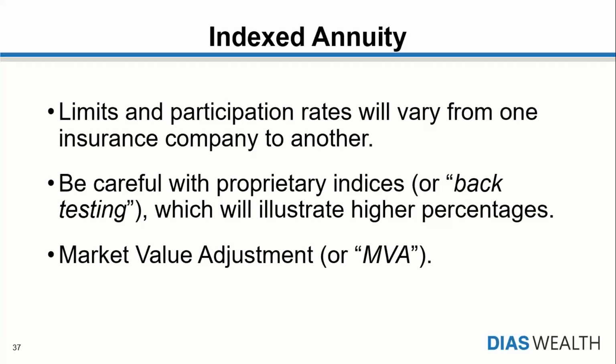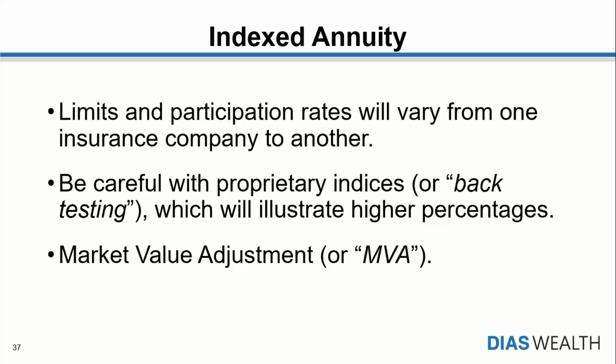Limits and participation rates will vary from one insurance company to another. This is a very important key point, because you want to make sure that you use an insurance company that has a good track record. If you have a company, for instance, that just got into the market, especially into the indexed annuity market, and then all of a sudden we're experiencing what's going on right now, the first thing that they go after is they drop the participation rates, the amount that this contract can earn. So make sure to use a company, and again, go through the contract, but you want to use a company that has been well established, has been out in the marketplace, has a track record.